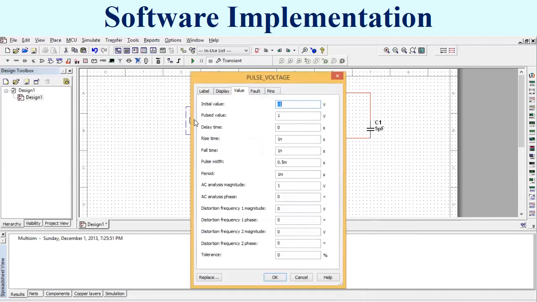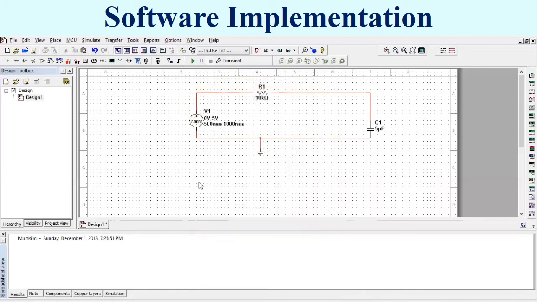So double click on this and set the initial value as 0, the pulse value as 5 volts, the pulse width as 500 nanoseconds, then the period as 1000 nanoseconds, then click OK.